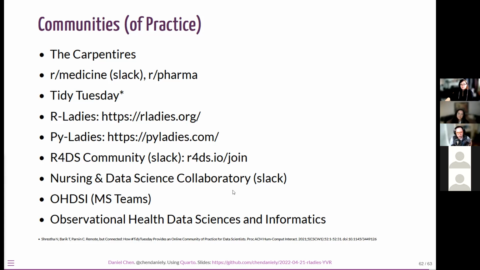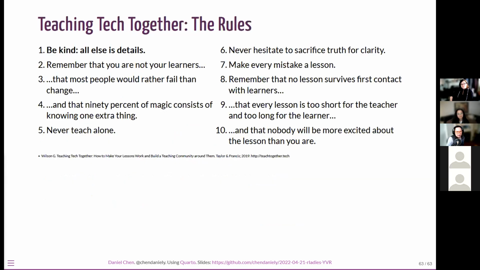And then there's also really specific medical groups. So like Odyssey is one of those groups that actually work with patient health data, and they're an open community around that stuff as well. And then last but not least, as an instructor and something that I've learned over the years,